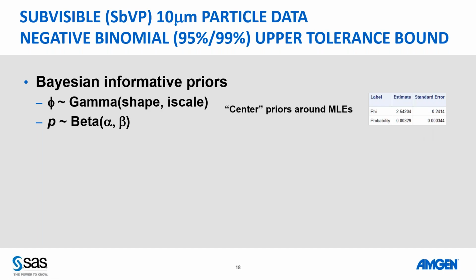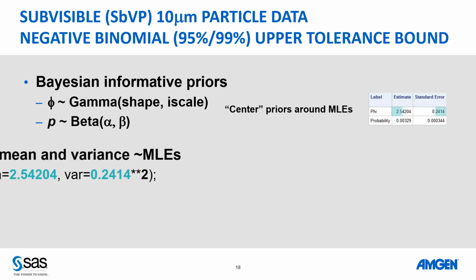In other words, what we want to do is find a good gamma distribution approximation to what the MLE estimates and standard error, and the beta to do the same thing. So that's the idea of parametrically capturing the essence of those prior distributions. And how do we capture the essence? I already mentioned that it's not a mathematical exercise.